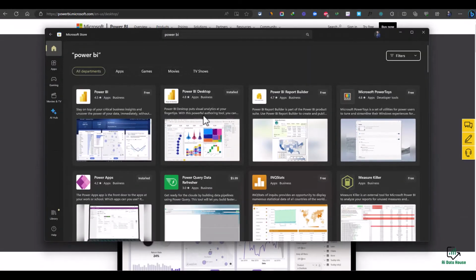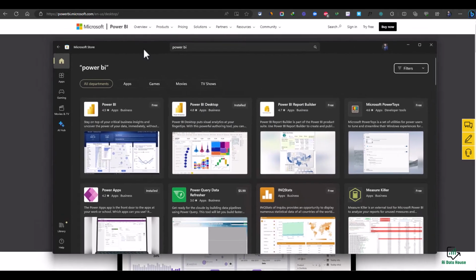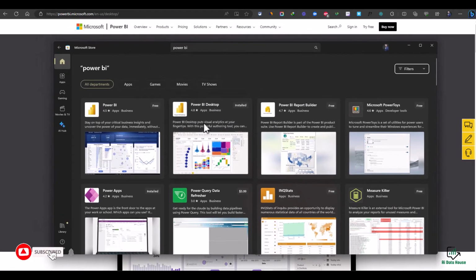From all of these Power BI items, which one do we have to download? We have to download Power BI desktop. We don't have to download these other things. We will download these later when we go into advanced tutorials, but for now we only need Power BI desktop. If you install it from the store, the benefit is that it will be automatically updated, and it will